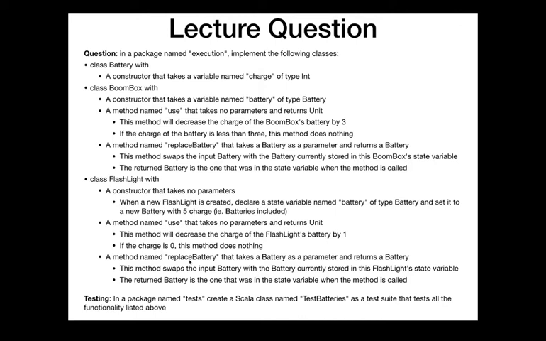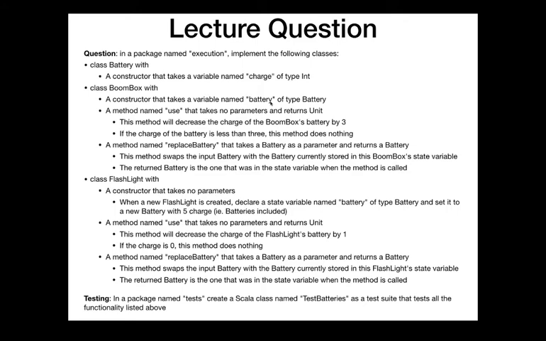Question? Yeah, so for the boombox replace battery function, the input in replace battery should be replacing the one in the constructor, right? Correct. It should be replacing whatever's in that variable at that time. So we call the constructor and we'll give it a battery. That's going to be stored in that state variable named battery. We might call replace battery and swap that out with a new one. So the next time we call replace battery, it might not be exactly the battery that was called with the constructor, but it'll be whatever battery is stored in that variable named battery at that time. Does that answer your question?